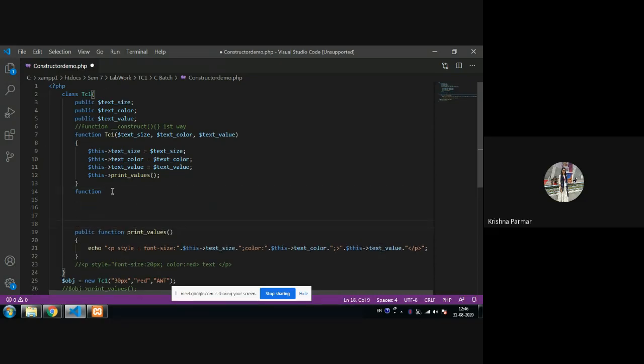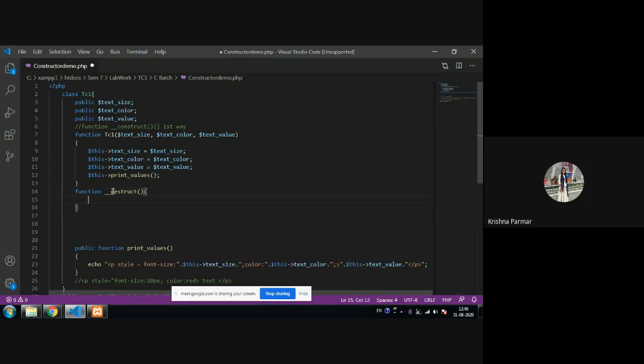Now it is easy for you to understand. First use the function keyword, then after that an underscore, and then a second underscore. So two underscores, then use destruct, and then parentheses, and in curly brackets you write the cleanup code.